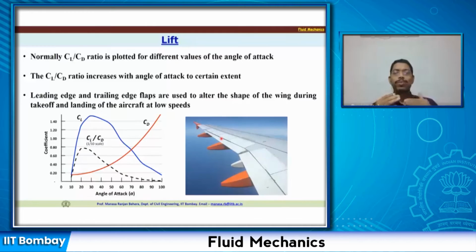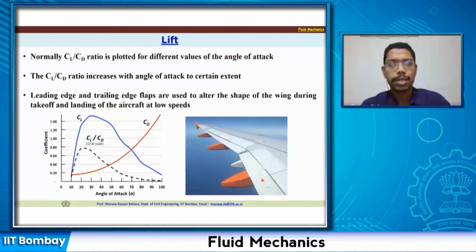Based on that, if the lift is reduced, then the aircraft is going to come down. If the drag is increased, then the aircraft is going to slow down, and so on, right? So you can play with these lift and drag coefficients or lift and drag forces just by changing the tail flap of the wing. If you happen to observe it sometime, you can see this flap moves up and down, and because of that the overall force is going to change.